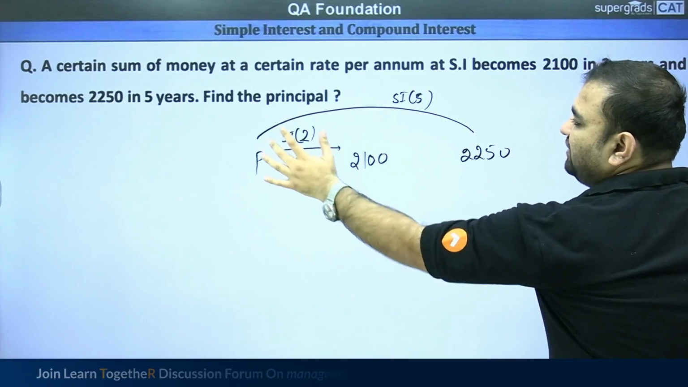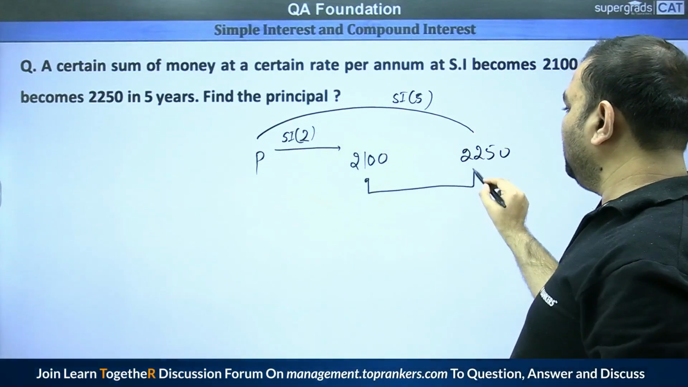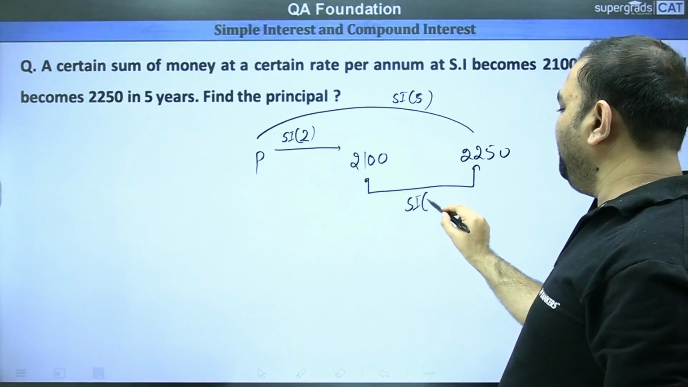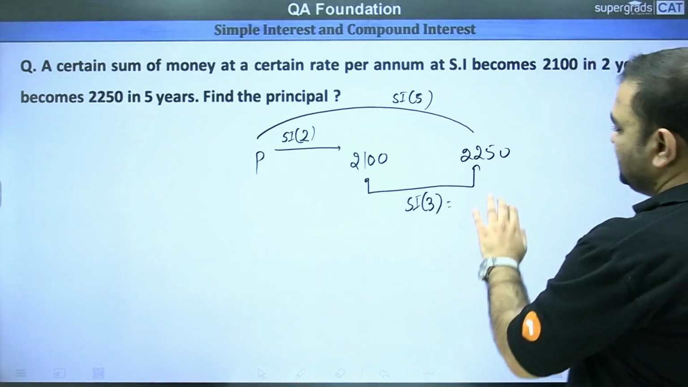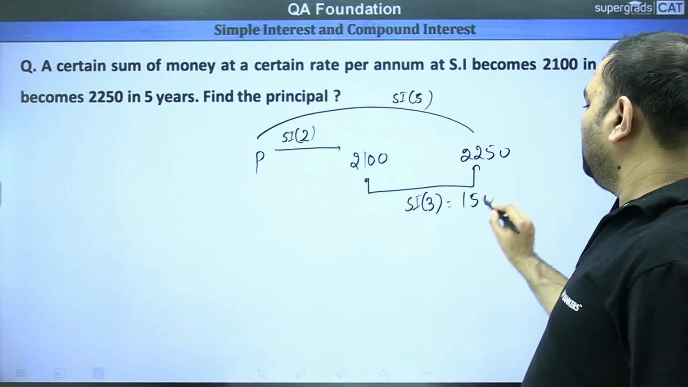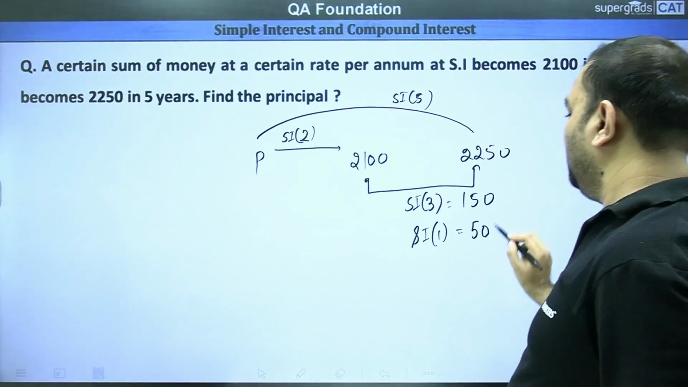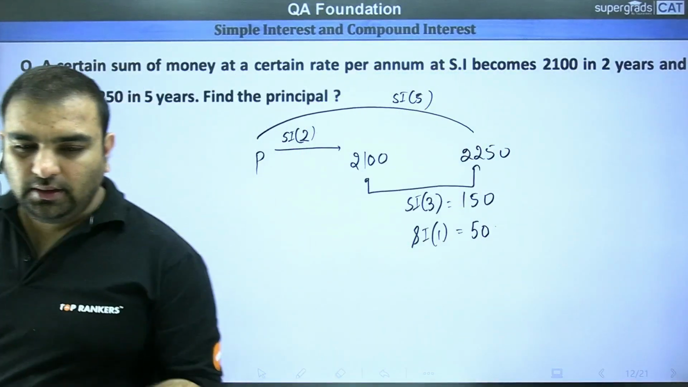ये वैल्यू SI of 2 year है, ये SI of 5 year। तो ये दिस डिफरेंस इज द SI of 3 year। ये 3 साल का सिंपल इंटरेस्ट है, विच इज 2250 माइनस 2100, 150। तो व्हाट इज SI पर ईयर? हर साल SI कितना है? 50 रुपीज।